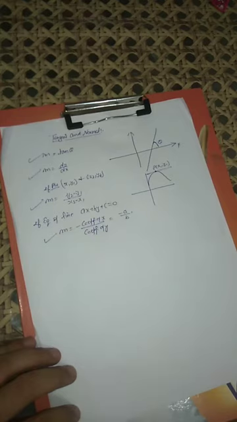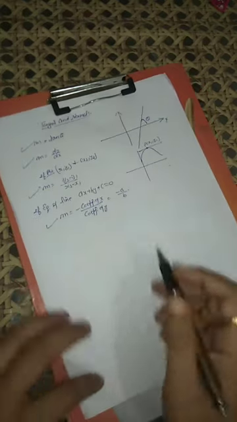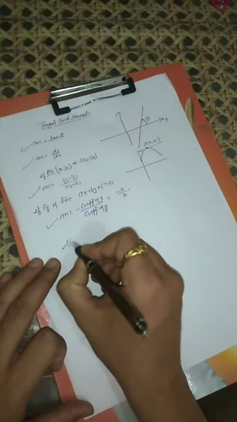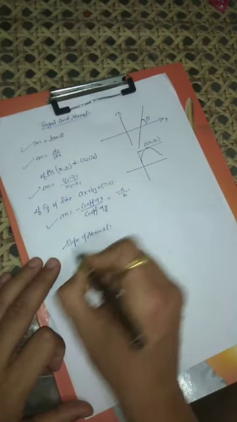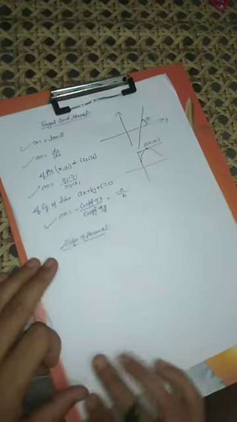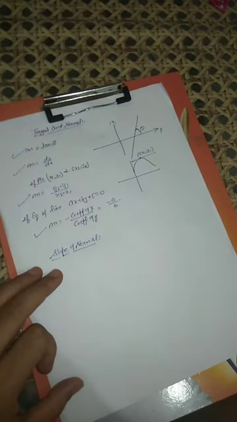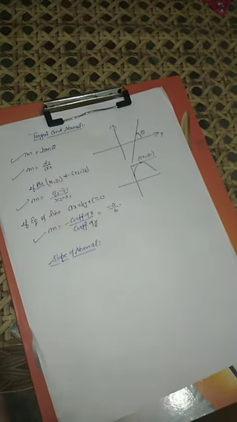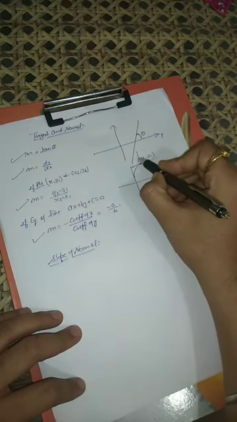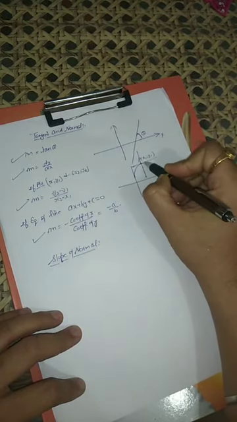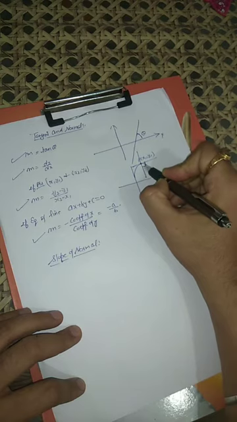Now let's discuss also slope of normal. There's another topic, slope of tangent and slope of normal. Now what is slope of normal here? Slope of normal is, if this is the slope of tangent, a line which is perpendicular to the tangential line, that is known as